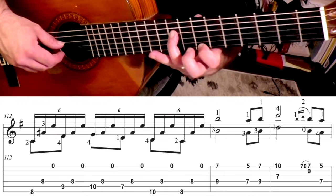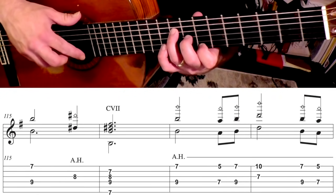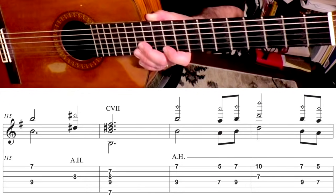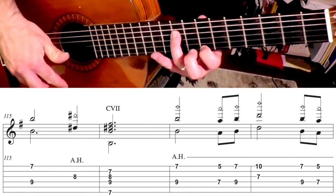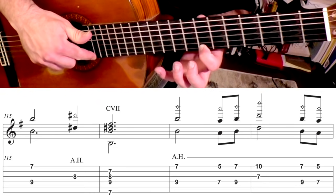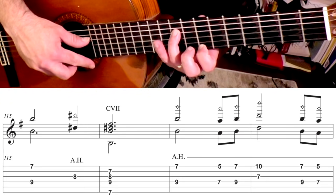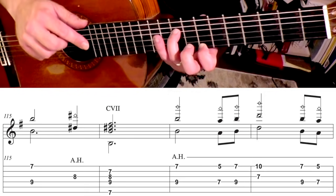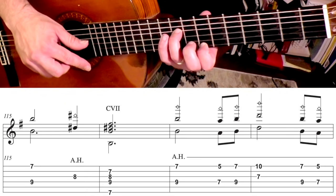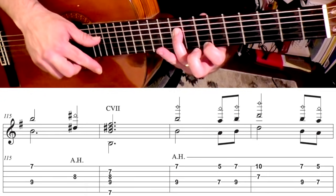We have, just like the beginning of this section, these octaves. So this is just a repeat, including this. And then when it repeats, I play them as artificial harmonics. So again, you're going to be 12 frets higher. And for me, finding 12 frets higher than this note is pretty easy because it's just my last fret right there. So I'm going to play the harmonic plus that 4th string. I play the 4th string with my thumb. So you've got this, then you go down to the 5th fret, back up to the 7th, and then we're going to switch this octave pattern back to the other octave pattern,